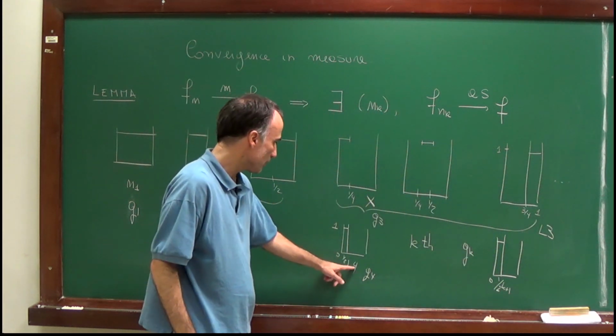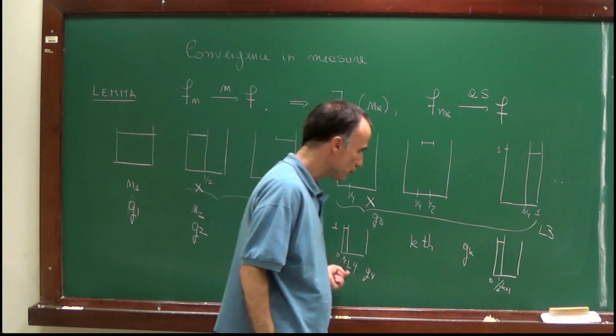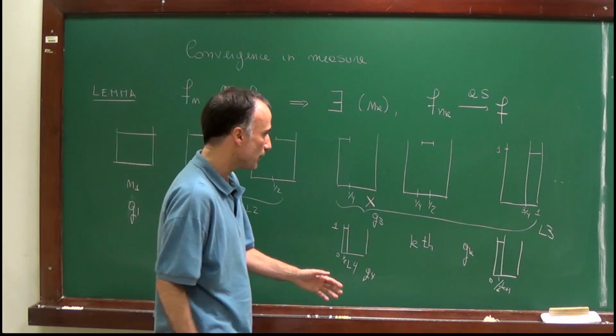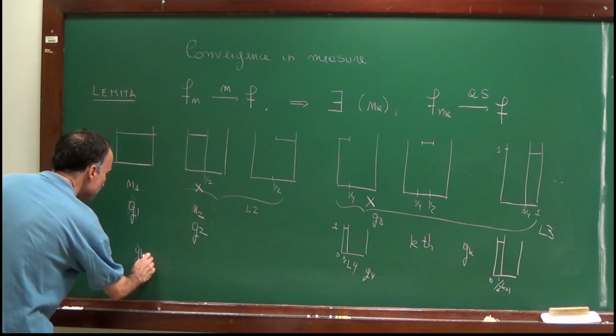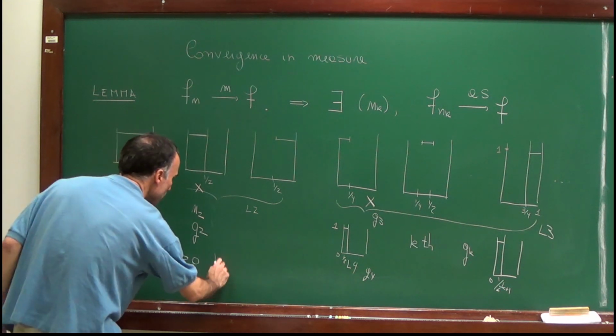Right here I have k equal to 2 and I get 2 to the power 3, and therefore it's clear that this sequence Gk of x is converging to 0